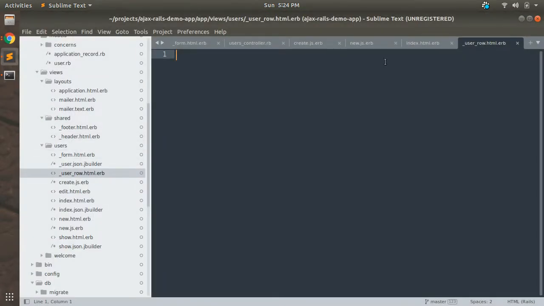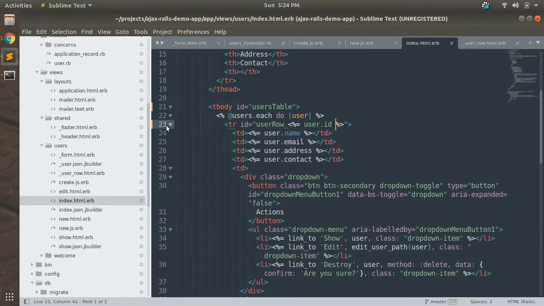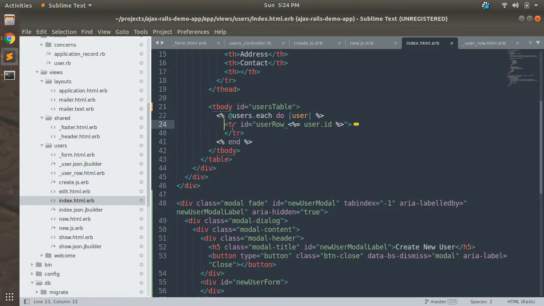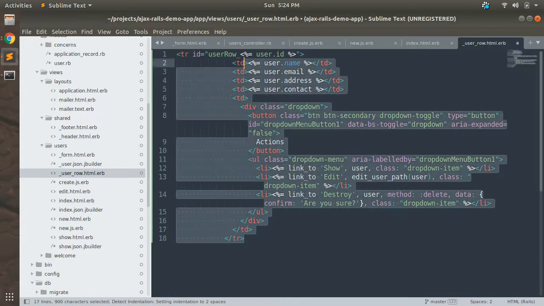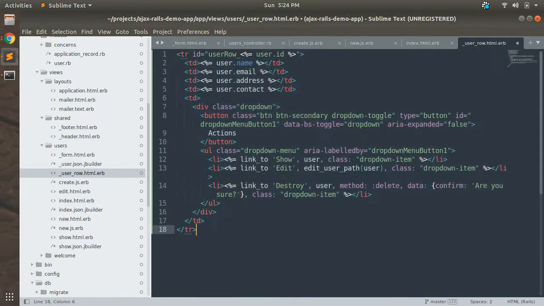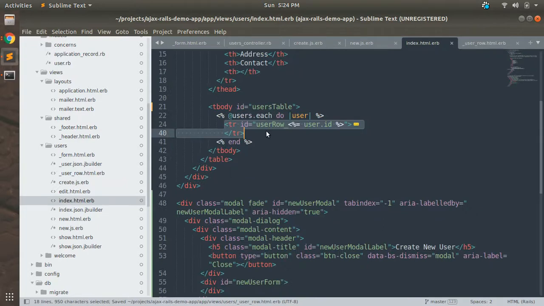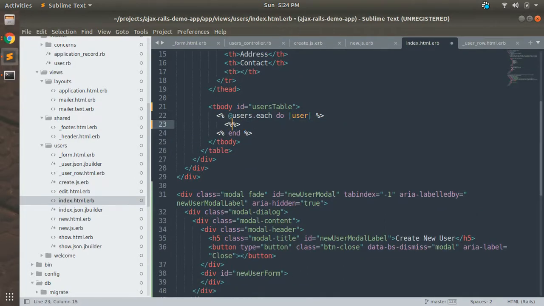Name it like user row.html.erb, and then copy this tr, paste it here. And now just render the partial here.